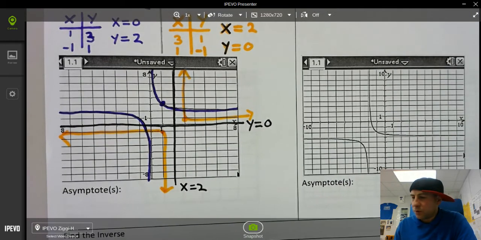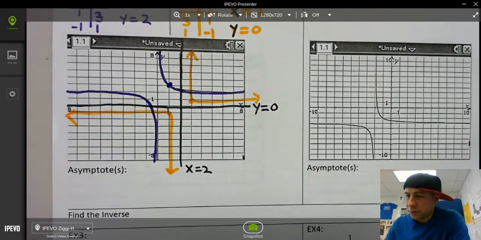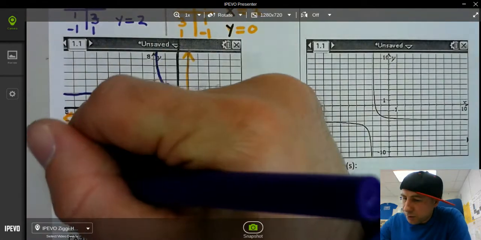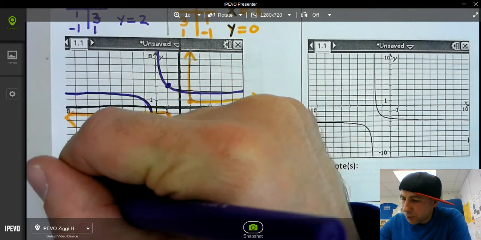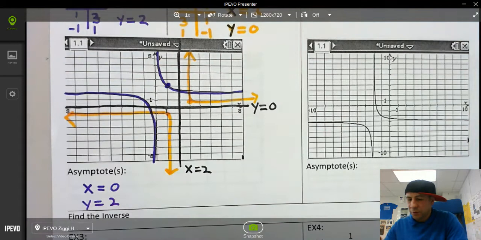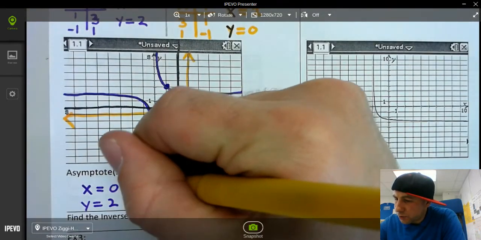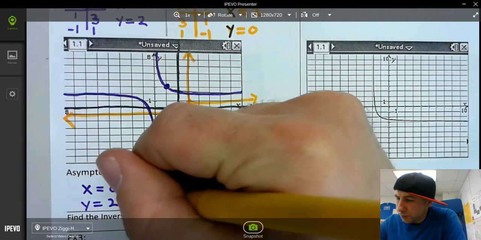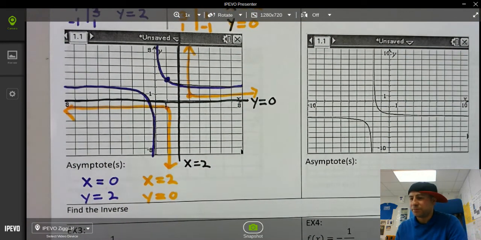All right, so when it asks for the asymptotes, I actually want you to give both. This is where the color coding is important. Mine, I think it's showing up in blue, but I'm using purple. The original asymptotes are x equals 0, y equals 2. And the inverse are x equals 2, y equals 0. I want you to do that so you can see that the asymptotes switched. All right, so that finishes up